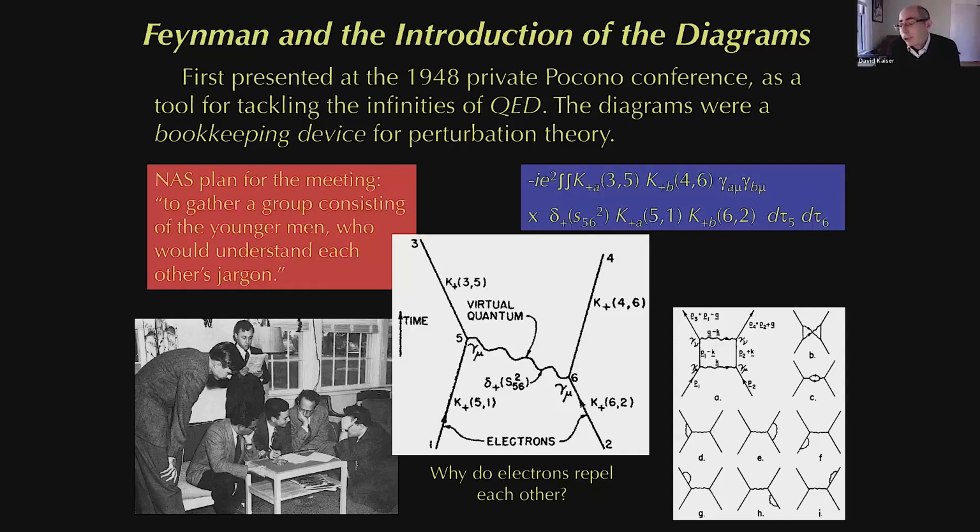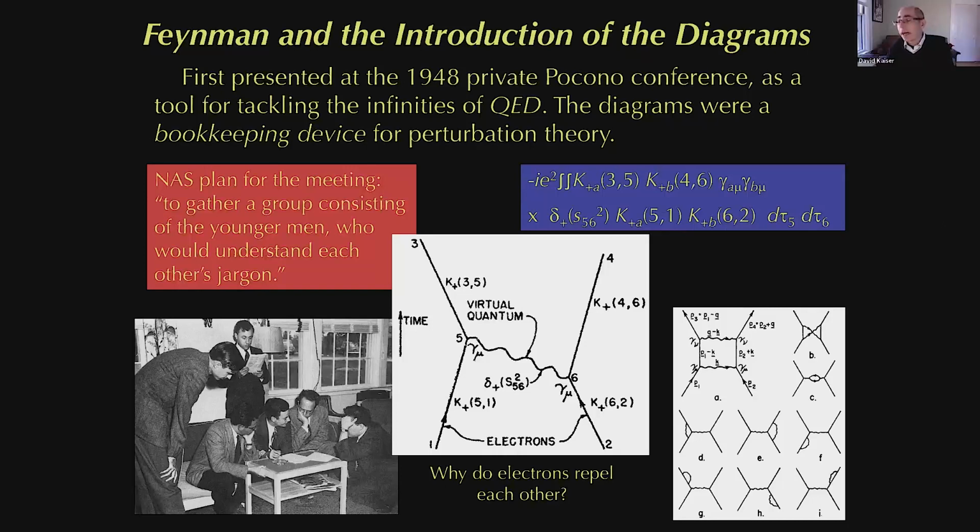Well, now it starts getting pretty tricky, because there are actually several topologically distinct ways in which two incoming electrons could trade two photons and leave only two electrons coming out. So instead of only one sort of storyline that you have to map into a line of algebra, you actually have all these different ways in which two electrons come in, two electrons go out, and in between they've traded two virtual photons. And so the diagrams were literally a form of bookkeeping. And again, you could walk through the same series of steps to map every element of these slightly more complicated Feynman diagrams to the corresponding algebra. And then you can do the same with 3 virtual photons or 4.